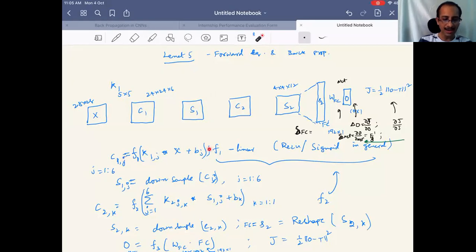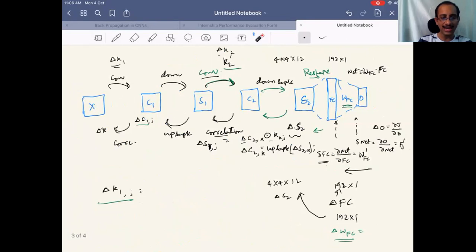Okay, and the convolution operation can be represented like this or like this, where there is a summation of each map with respect to the convolution kernel, and then such kernels, equal to the number of maps, get added to create a single map in the convolution output. Okay, like that, if you want to have multiple maps, we will have k ranging over multiple convolutions. And we have also seen the downsampling operation for the subsampling block, or the pooling operation. So we will see now step by step the backpropagation.